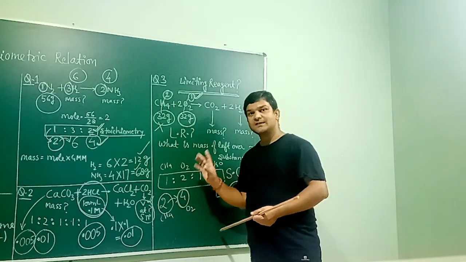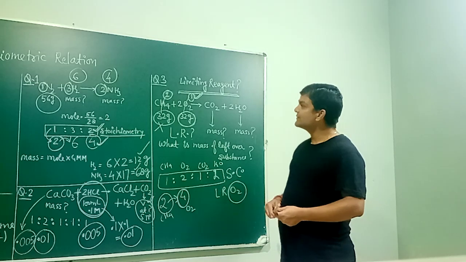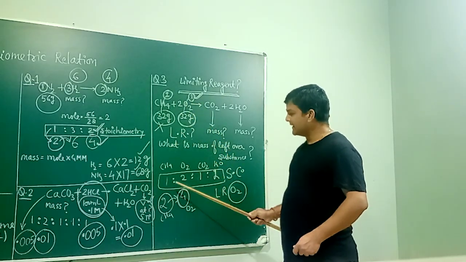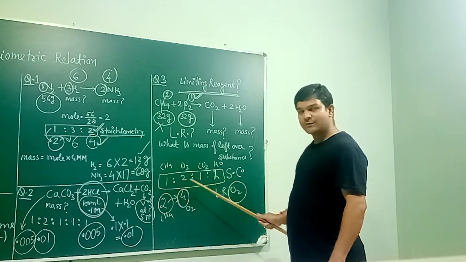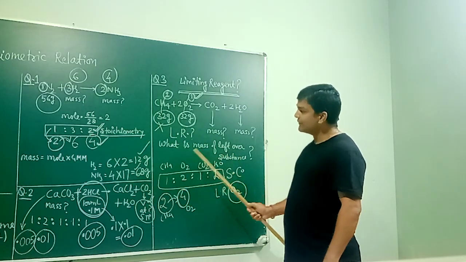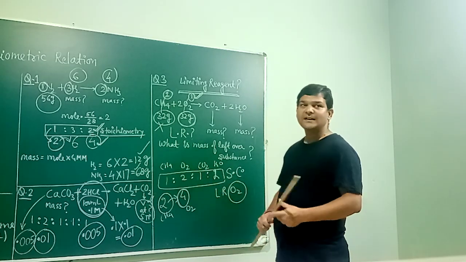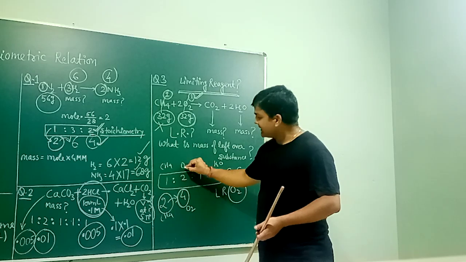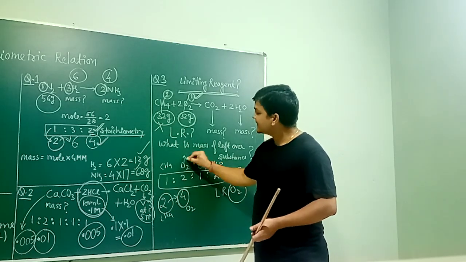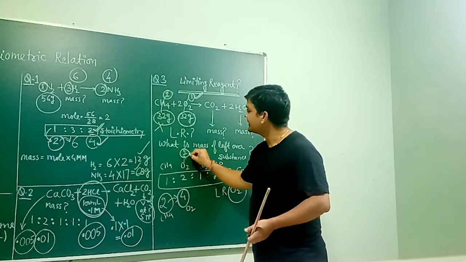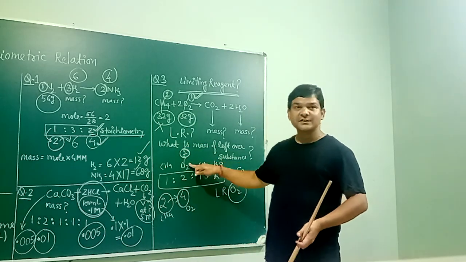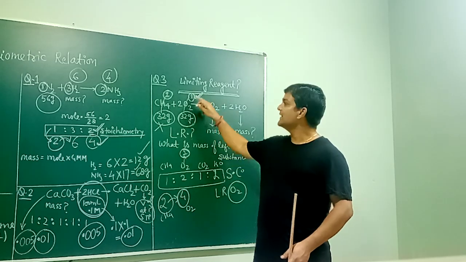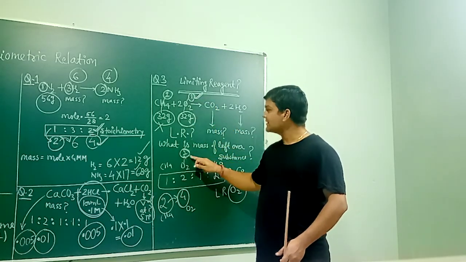Take one more look here, this is slightly tricky and you may get confused. Look once again at the balanced chemical equation, the stoichiometric relationship. So far we compared methane and oxygen. Now I am going to do the reverse calculation. In the question, the amount of oxygen given is 32 gram, and 32 gram of oxygen means we have 1 mole of oxygen.